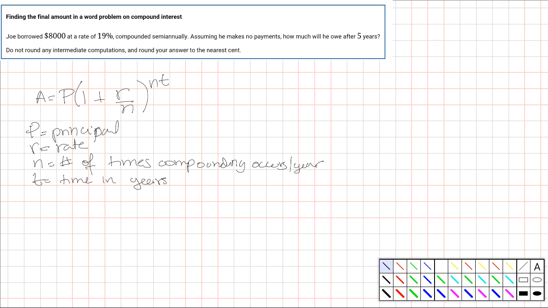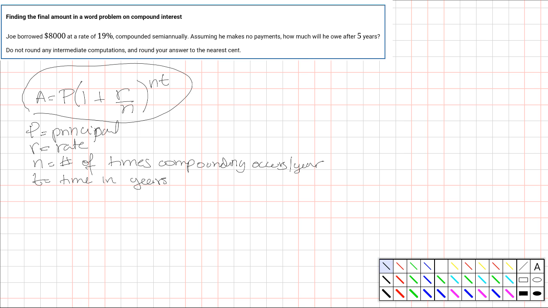So in this problem, we're asked to find the final amount in a word problem on compound interest. The very first thing that we need to know is the formula. The formula to find the final amount A is A equals P, where P equals the principal. So it's the money that you start with, times the quantity of 1 plus the rate divided by n, and